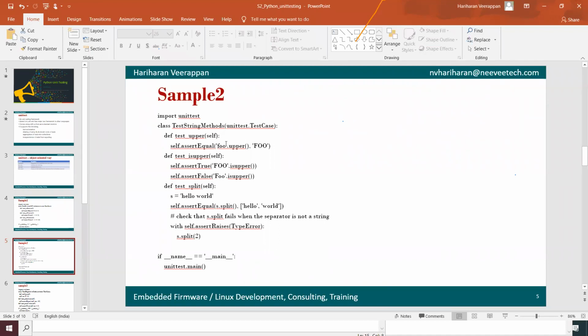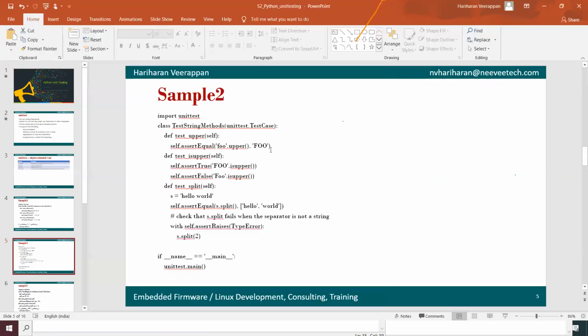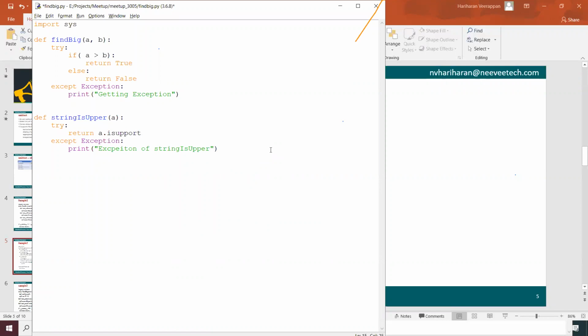Whether it is uppercase or lowercase, we can do that with the help of return a dot isupper over here.